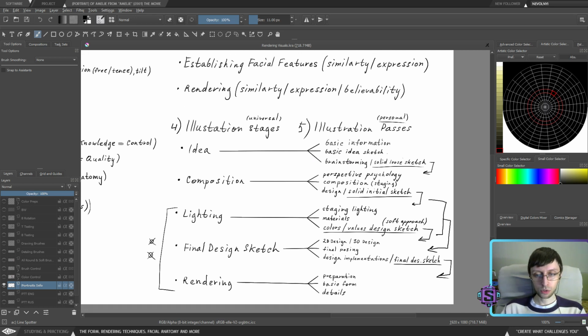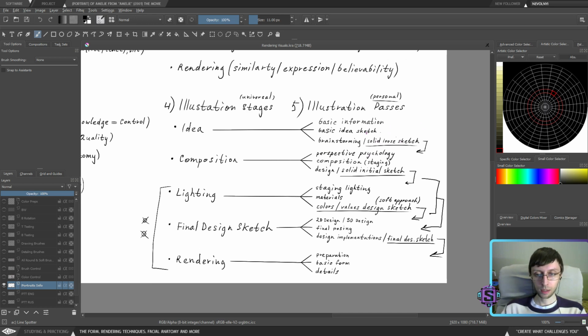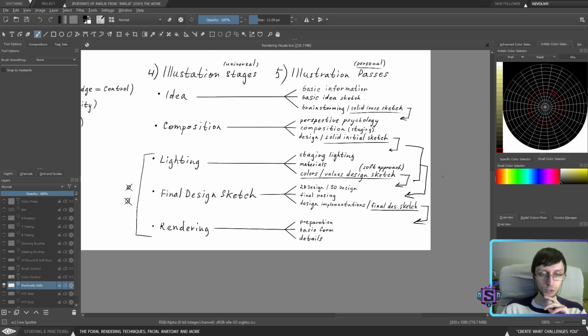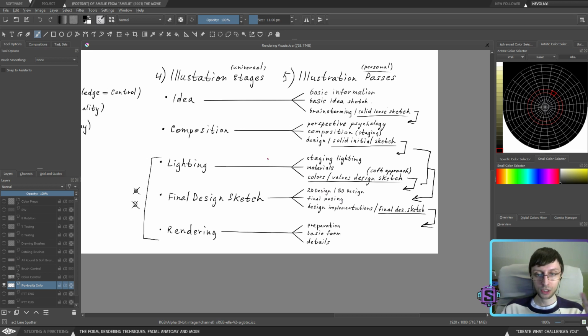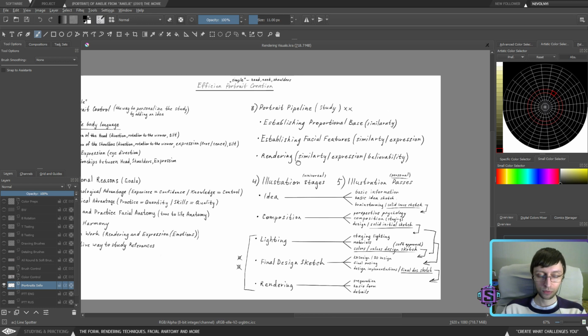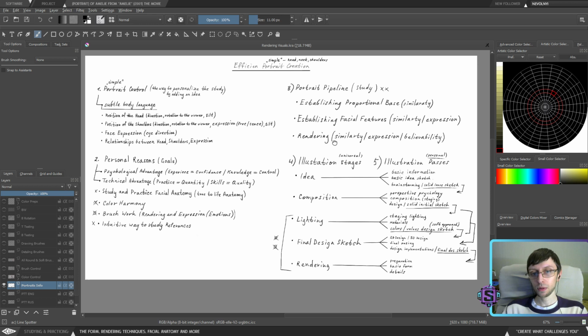So again, having those so-called passes and complete establishment. Okay, I need to figure out where exactly the solid loose sketch is going to stop, where exactly the solid initial sketch is going to stop, where exactly the color design sketch is going to stop before going into the next stage, and to what extent I need to finalize the line before going into the render. Again, it seems repetitive, but there are a lot of artists still struggling with those understandings. And hopefully this will provide some basic information, like an example, of how you could attack this problem.